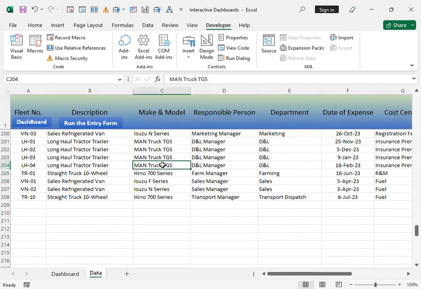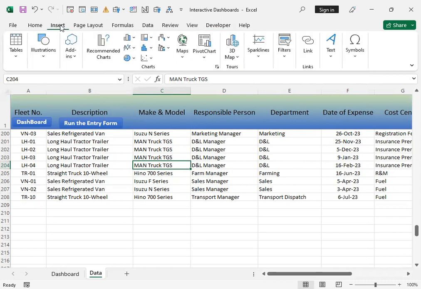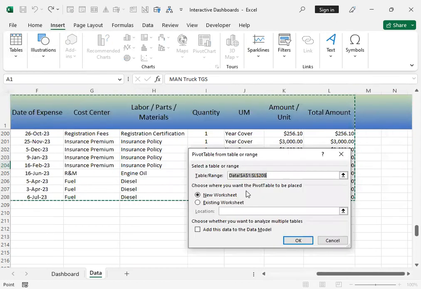So just put the cursor inside the table, then you go to the Insert. We're going to create now the pivot table. As I said earlier, there will be three pivot tables: cost per department, cost per cost center, and cost per month. So I'm going to click Insert, go to the table, click that one, and then click the pivot